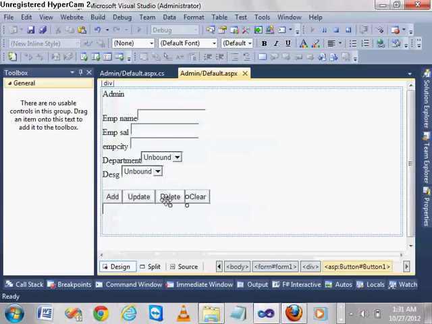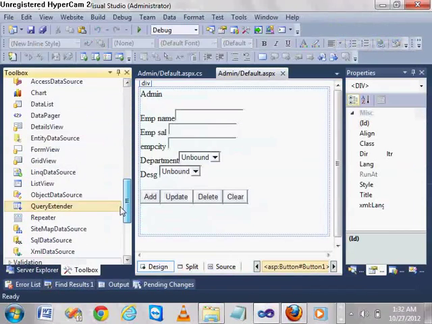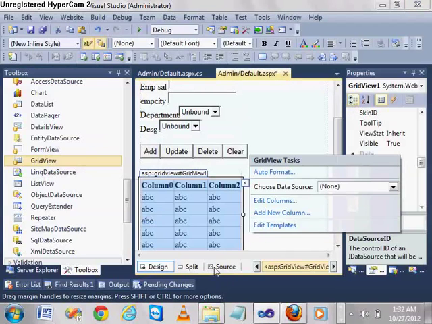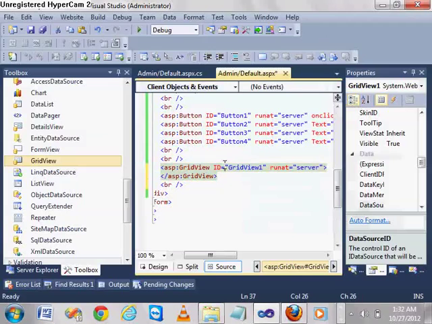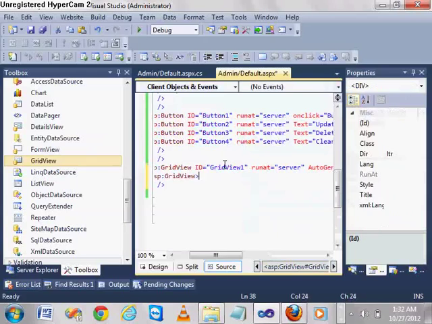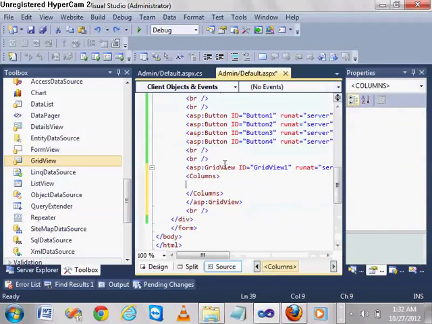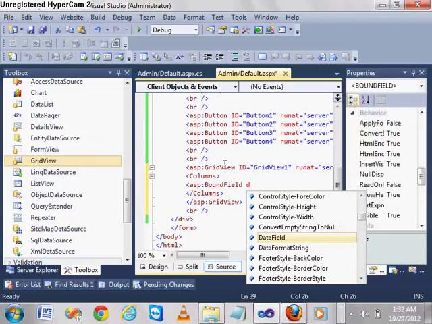Now the thing comes to editing. For the editing operation we need a grid view. In this I will set auto generate columns equal to false, and I will add columns in this. First a bound field. In the bound field I need just the data field, which is name,